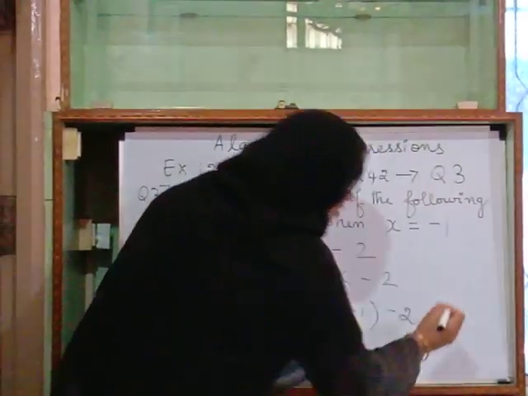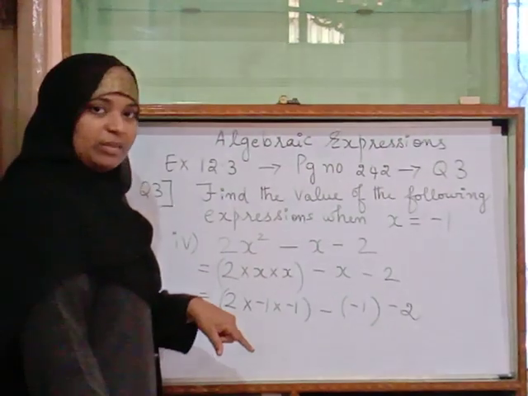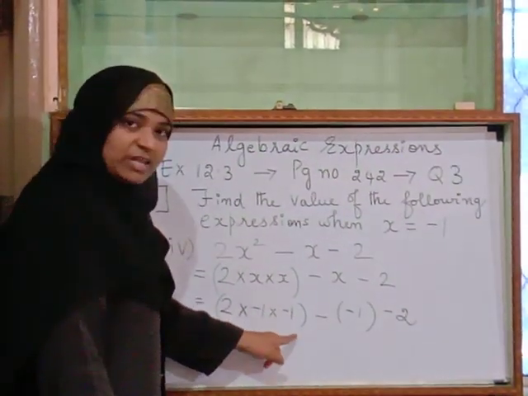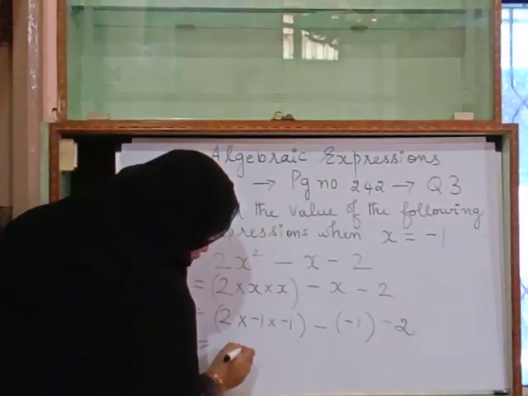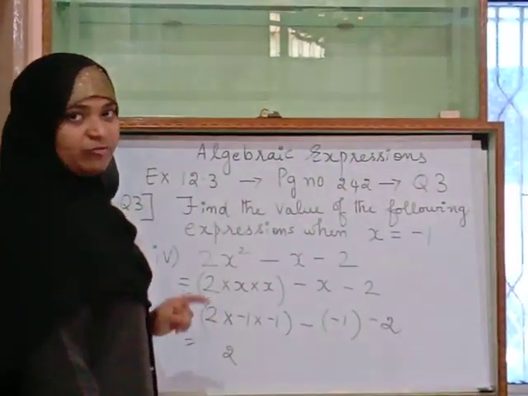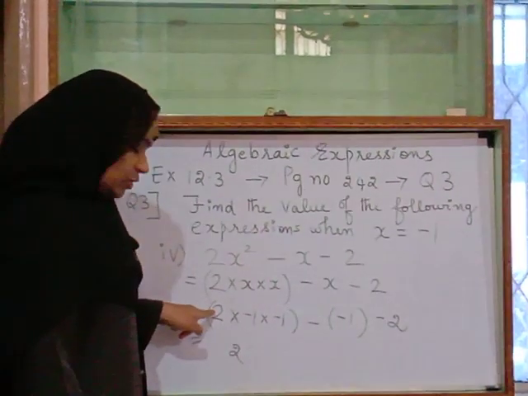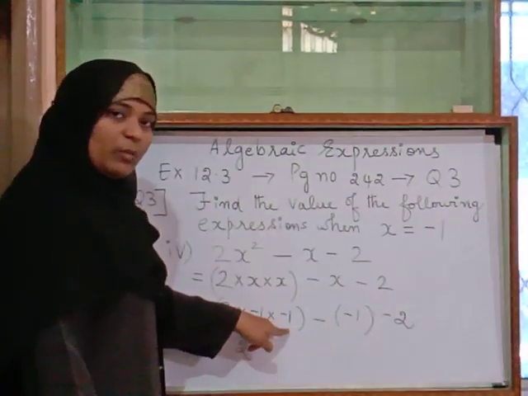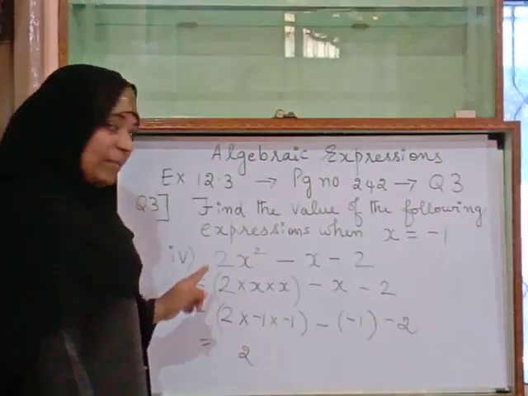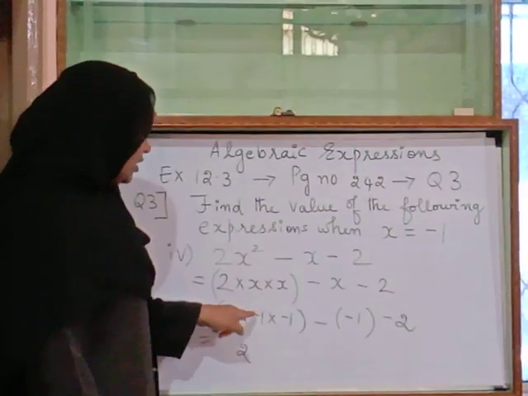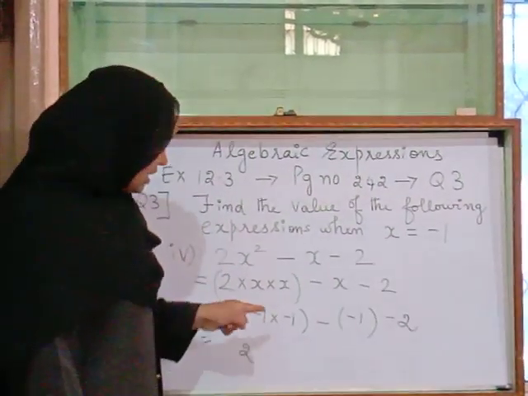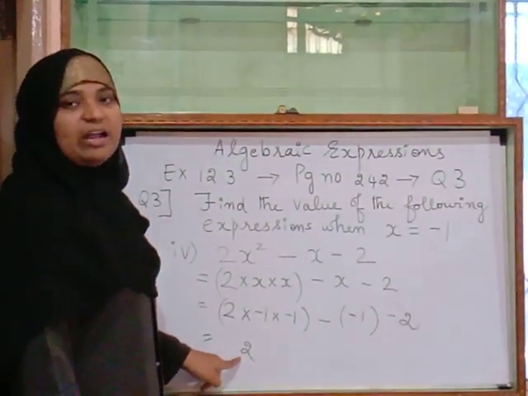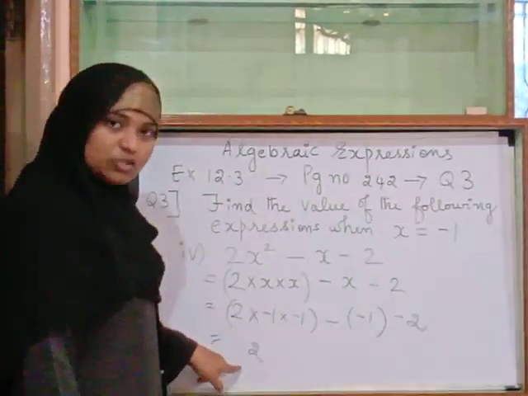Then minus 2. Now first go with the normal multiplication. 2 into 1 into 1 is 2. But the sign that we have to check here is, in 2 we have a positive, in 1 we have a negative, and another one we also have a negative. So apply the rule now. Plus into minus gives you minus. From this, minus into minus gives you plus. So our answer for this part is 2.